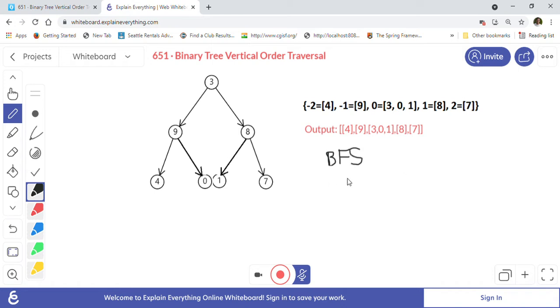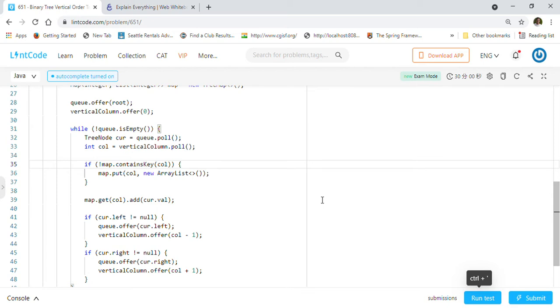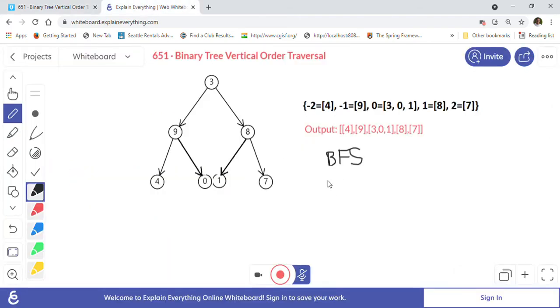As I discuss the approach, I'll also show you the solution. We will create two queues: one is our queue and one is the vertical column queue.